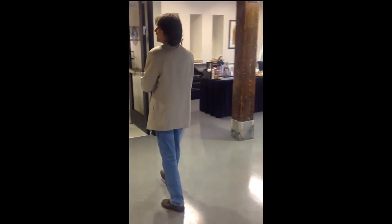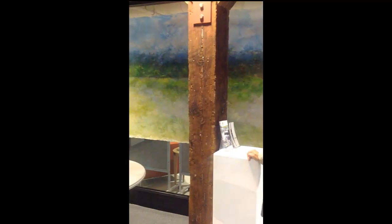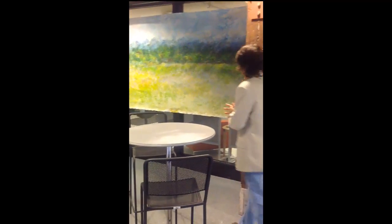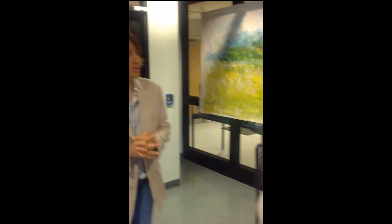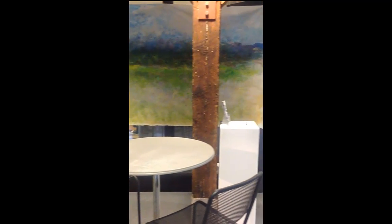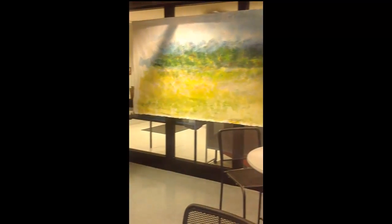We'll start here. This is a large panorama piece. It's over 20 feet long. It's taken a number of years to paint. It was painted on location, starting in the Adirondack Mountains. There were actually storms during the time I started painting this out of my station wagon at the foothills of the Adirondack Mountains. This was also then worked on at the Birdcliff residency